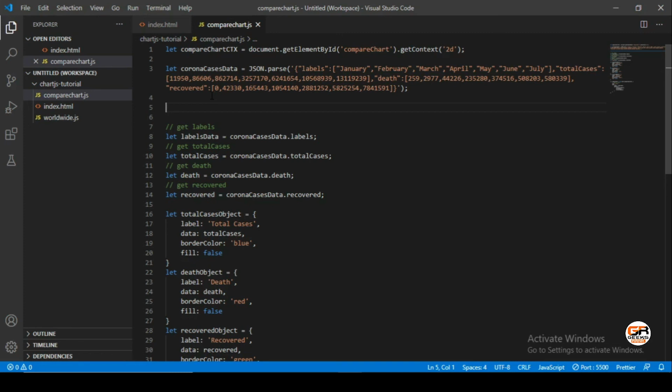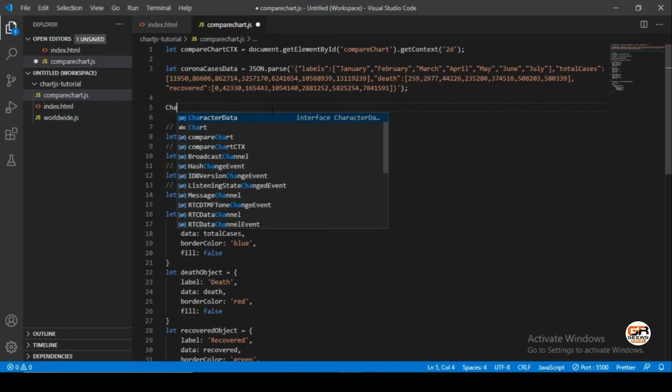Let me show you some additional features for Chart.js. How can we define global keywords like font family and font size and many things? For this tutorial, let me show font family and font size.